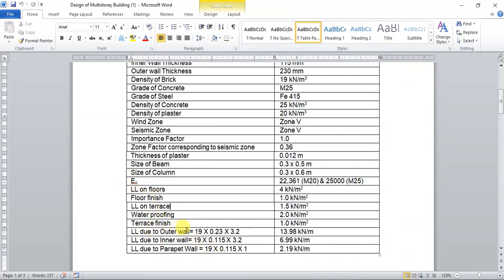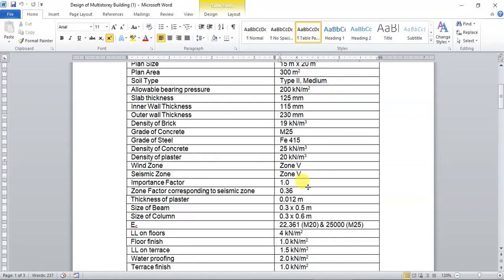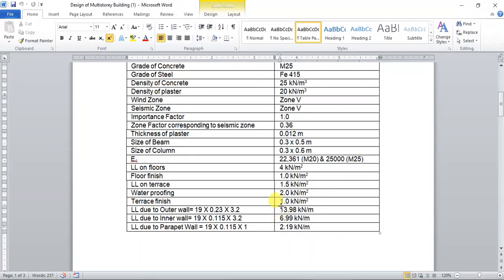We need to apply the loads which are coming from the walls. In the question you can see that we have an outer wall which has a thickness of 230 mm and an inner wall which has a thickness of 115 mm, and the wall is built using brick having a density of 19 kN per meter cube. We need to apply those wall loads.